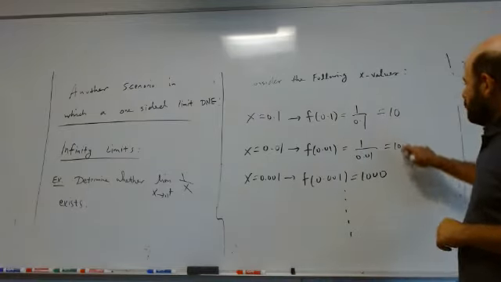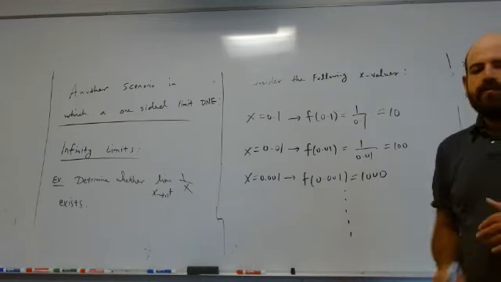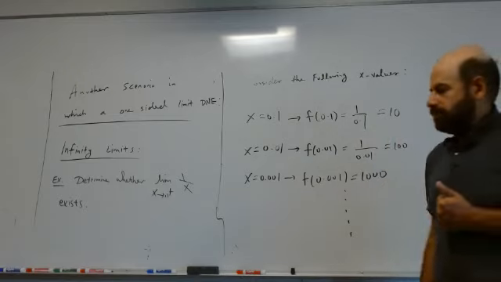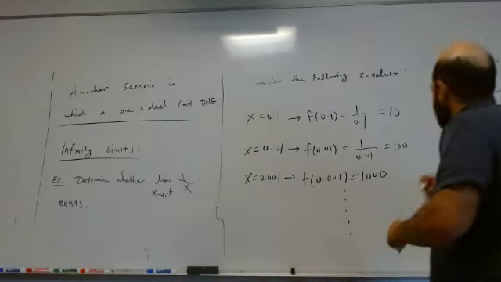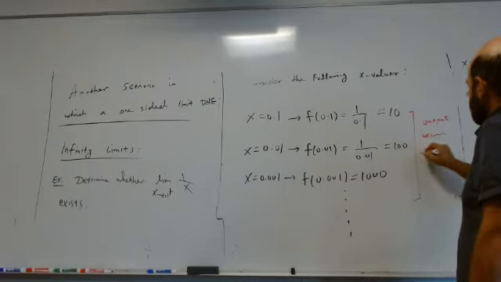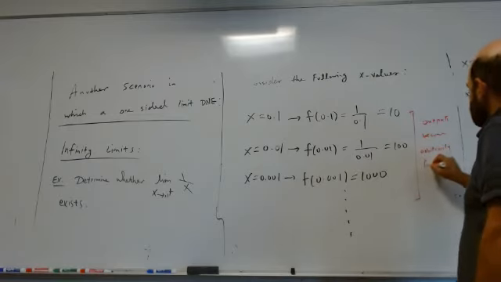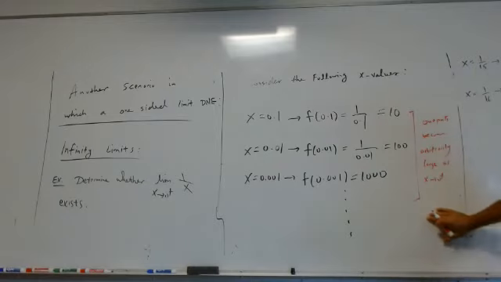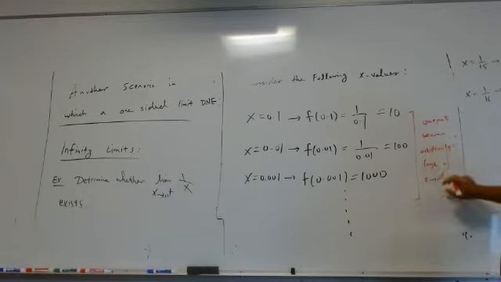So look at the outputs. The outputs become arbitrarily large as x gets closer and closer to 0. Outputs become arbitrarily large as x approaches 0. So we have a mathematical notation for this phenomenon, that when the outputs become arbitrarily large,